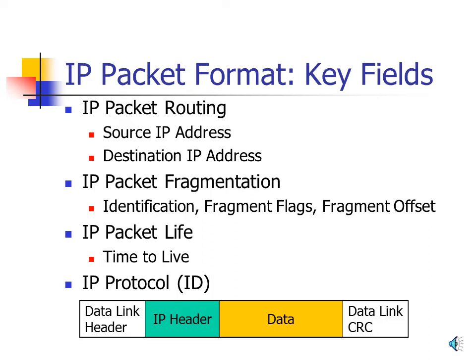information. In this discussion, we want to focus in on a couple key fields that are listed here inside the IP header. These are not all the fields that are in the IP header, but these are the important ones for our discussion about routing, and they are the source and destination IP address. In each IP packet, there is the source IP, that's who is sending the packet, and then the destination IP address, who this packet is going to. There are also fragmentation related fields. These are the identification field, fragment flag fields, and fragment offset fields. There is a time to live field, and that's used to determine packet life, and then finally a protocol ID